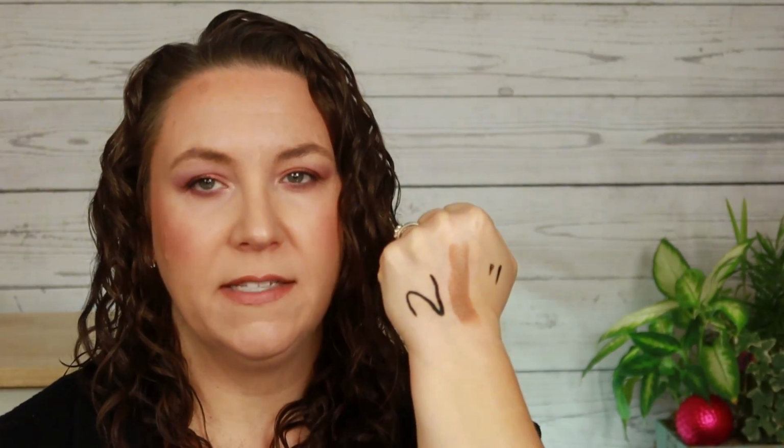The next product that I wasn't crazy about this month, again, was another She Glam product, and this was the dual-ended contour and highlight stick. And I really wanted to love this because I do love my Milk Makeup Baked Bronzer so much, and it would be nice to have a cheaper alternative, but this is too creamy. It doesn't set down. It did end up kind of breaking me out in the areas that I was applying it. It was a nice shade, it blended out, but it didn't end up working for me, which was too